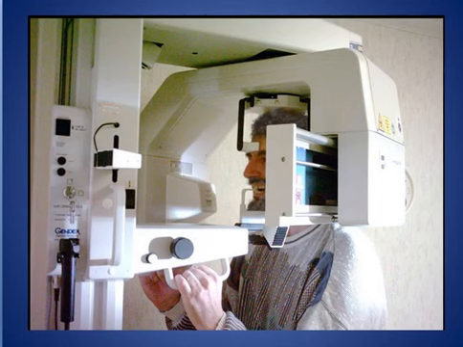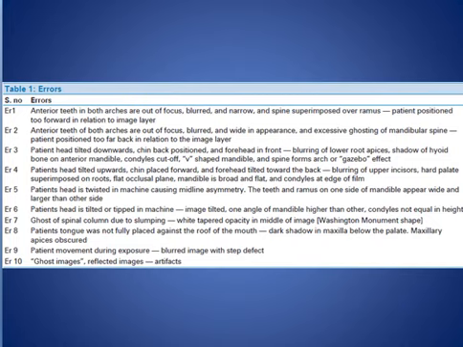Let us see some examples. This is the machine for dental panoramic X-ray. And before we start with the examples, let us see some errors causing abnormal dental X-rays. These errors may be due to movement, may be due to the tongue, from earrings, patient tilted either anteriorly or posteriorly,